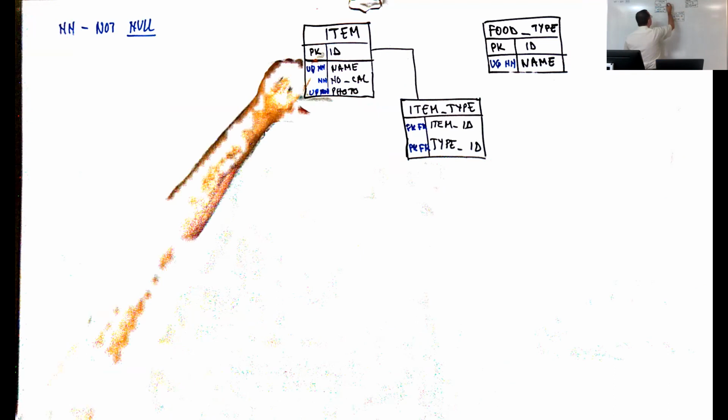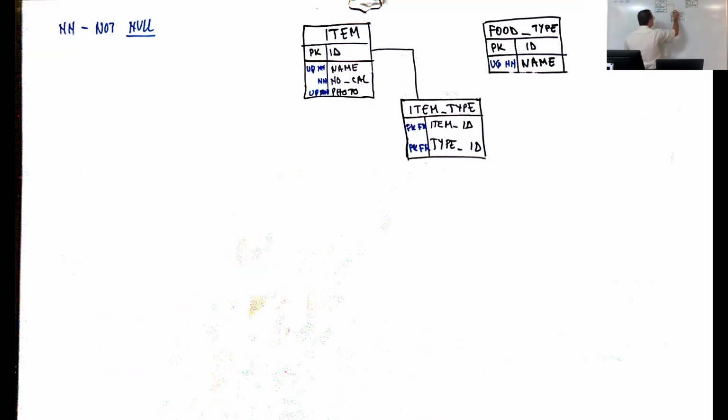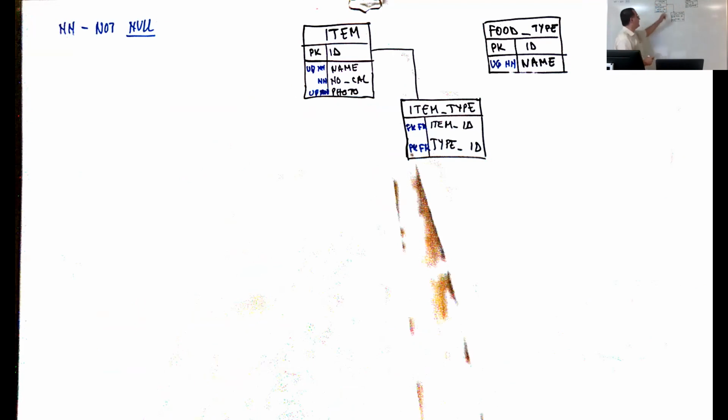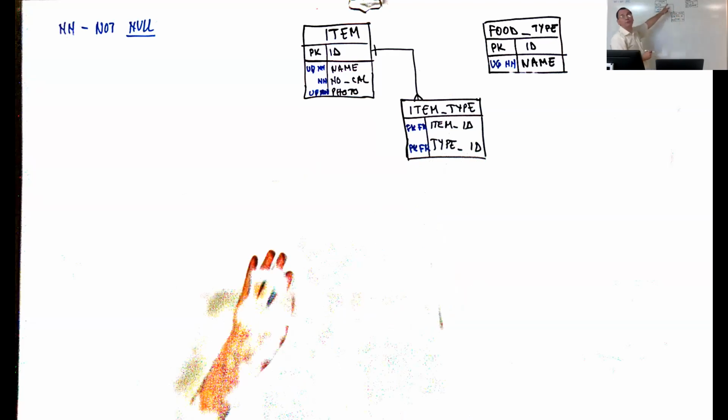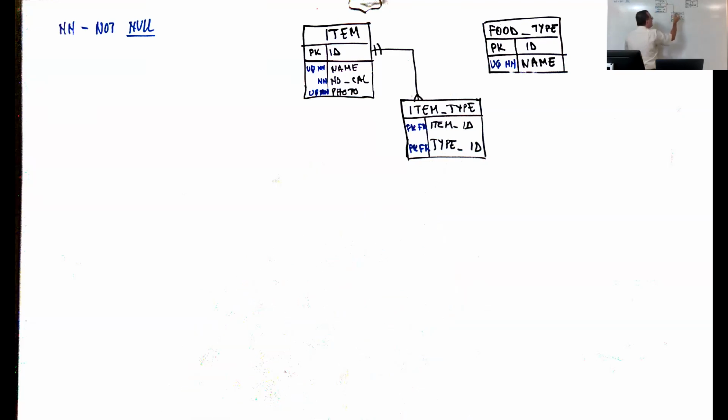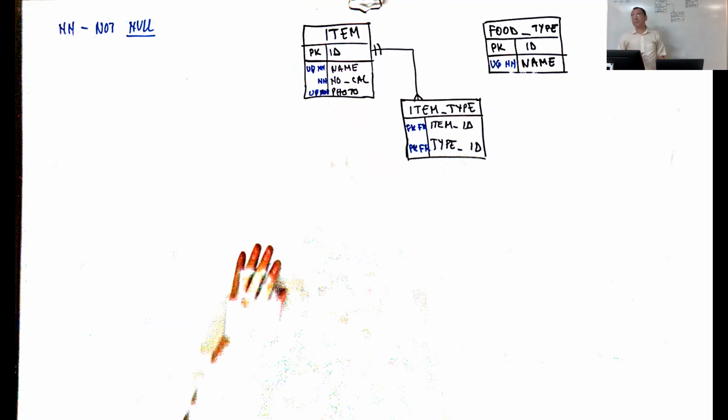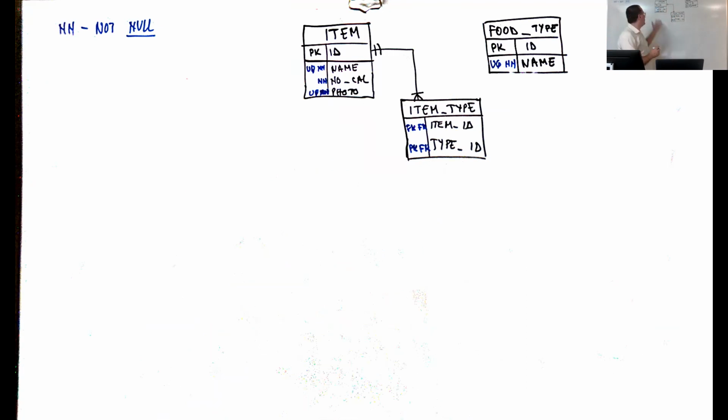And we'll have one item appears in many associations, may appear in many associations. Now, I will say that for an item type, I must have an item, so item is mandatory. And also, if I have an item, it must appear in at least one of the types, because if it doesn't appear in any, it will not be part of my menu. So I'll put here also mandatory, because otherwise it doesn't make sense. Now, and this will be a one-to-many item. And here I can say it has type,